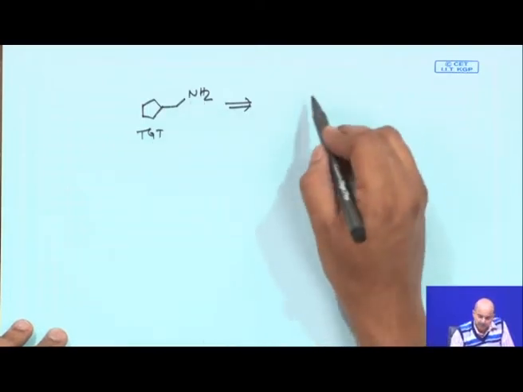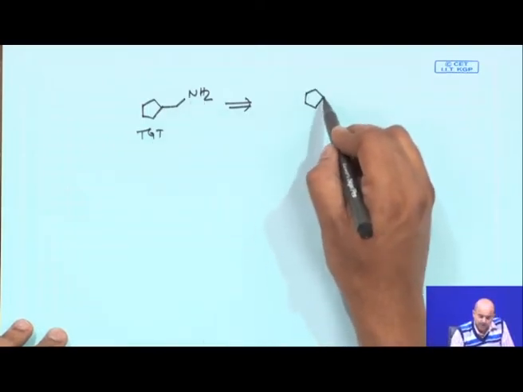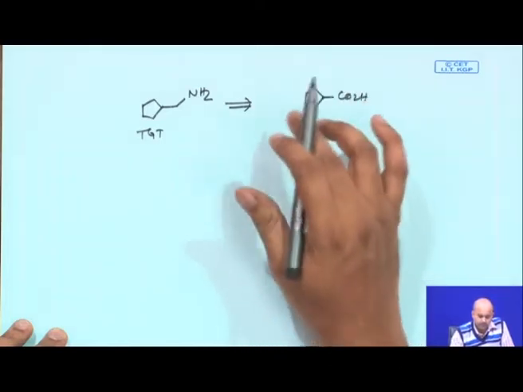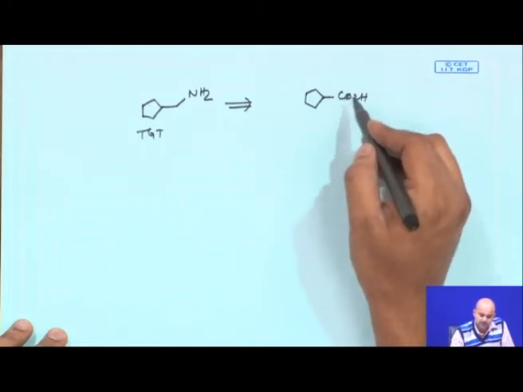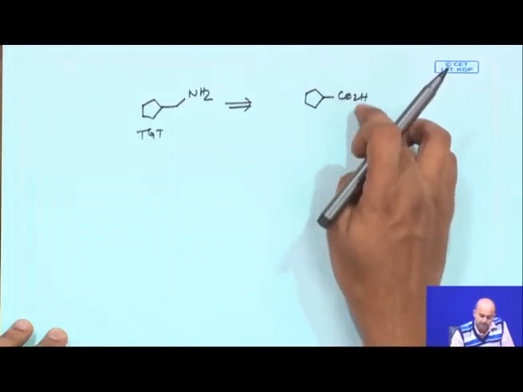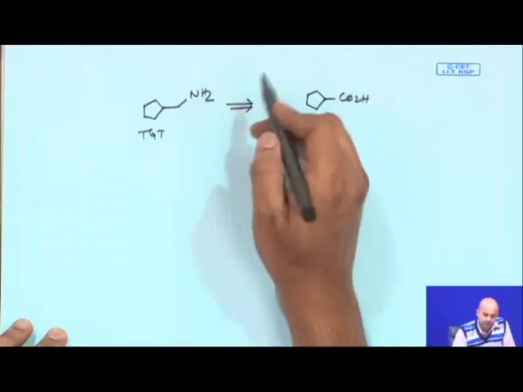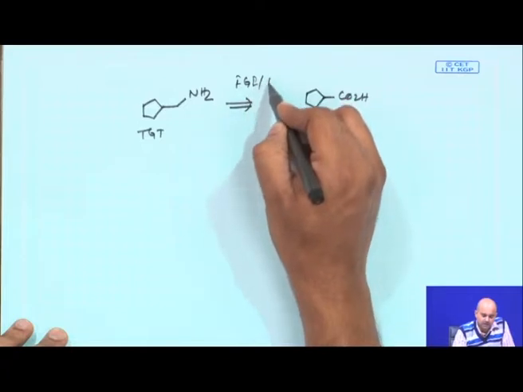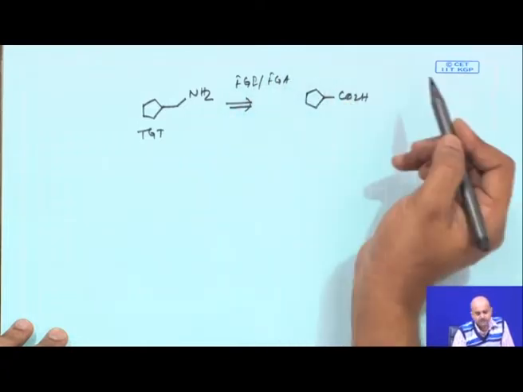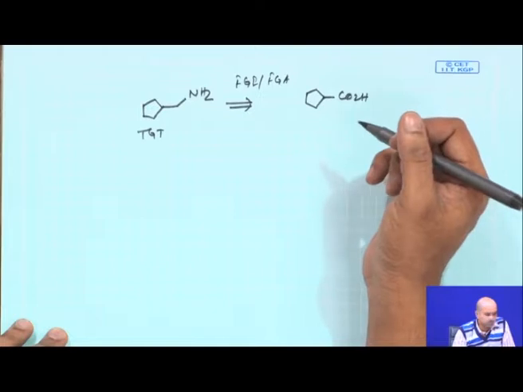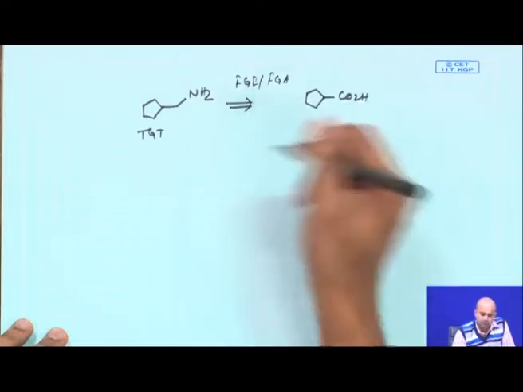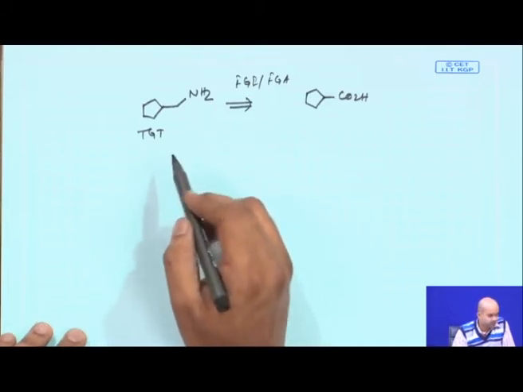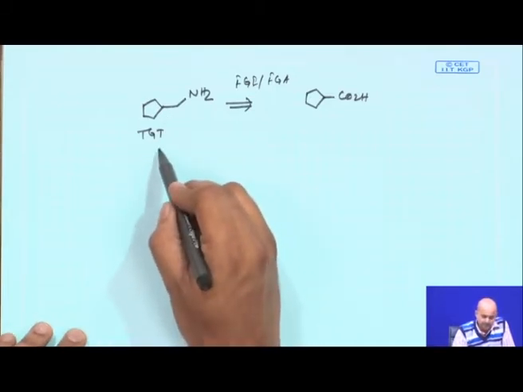cyclopentylmethylamine, and the starting material which was given to you is cyclopentane carboxylic acid. It is basically purely FGI, the starting material already having an appendage or this functional group here. So, in true sense you can simply call it an FGI or functional group addition. Now, let us see what reactions will give you access to this kind of compound. This is an amine. Okay.